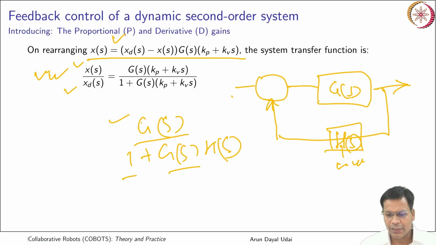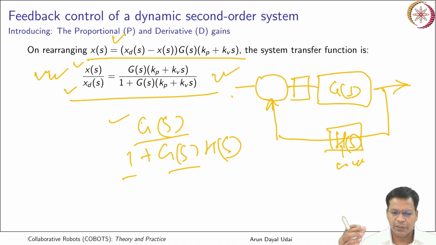And what is GS? GS is the product of controller and your system. So it is supported by that also. This is exactly the same way you can derive this also. So this is your equivalent system transfer function that relates the output, that is the actual displacement, and the desired input, that is the commanded input, XD. Okay, so this is here.